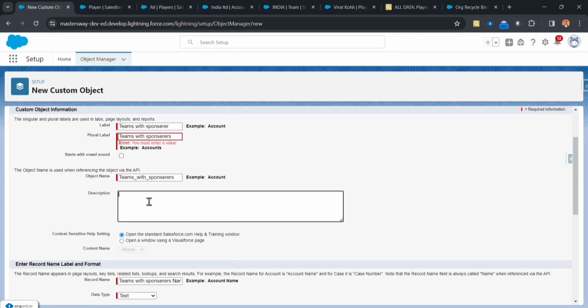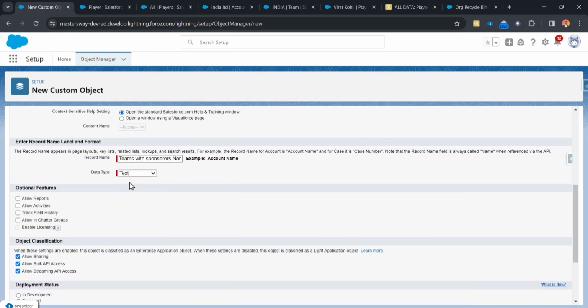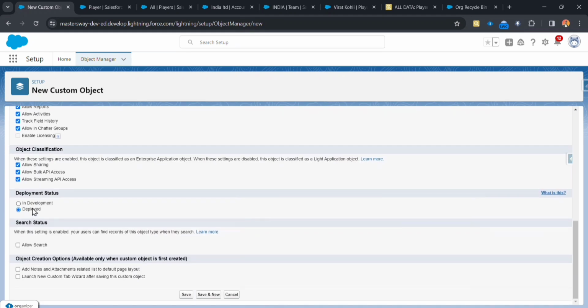And next description, this is a junction object for teams and sponsors. Done. Next, everything is done. Allow all reports, activities, field, chatter groups, deployed, allow search as well, and launch new custom tab wizard after saving